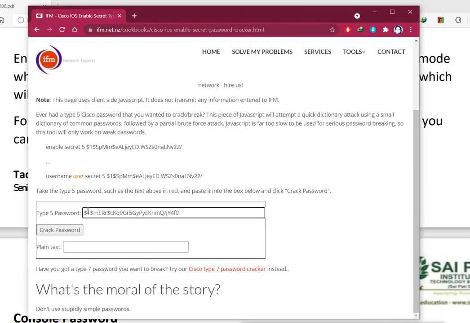Now I say crack. Now it is going to do the brute force here, and what does brute forcing mean? It will take a lot of time. You can see it is taking a lot of time. That means it actually tries all the possible combinations and it is not easy to crack. And if I use a complex password with characters, numbers, special characters, and it is more than 8 characters, then it is impossible to do this brute force.